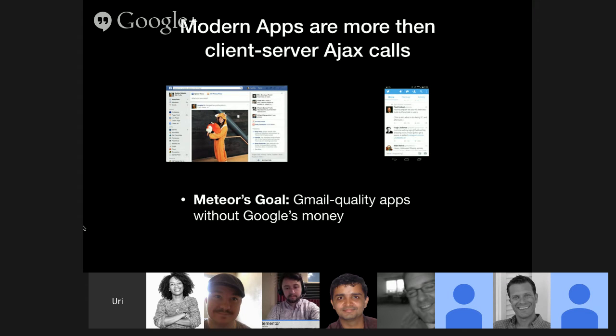Meteor's real-time data synchronization protocol is called DDP, and there are a lot of resources about it on the web. It's actually an open source protocol. There's no equivalent to the REST protocol, which is very good and very simple, for pushing updates in real time.